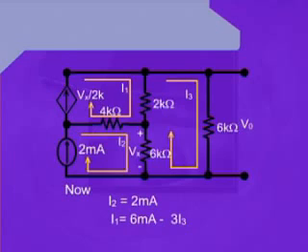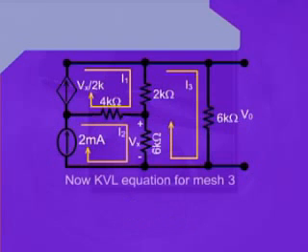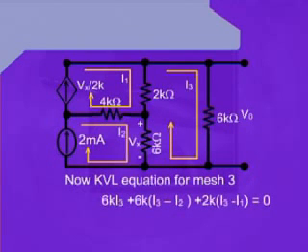Therefore, we can write I1 is equal to 6 milliamperes minus 3 I3. As we have calculated the value for I1 and I2, we are left with the mesh number 3 only now. Therefore, to write the equation for the mesh number 3, we apply KVL to this mesh, so that we can write,